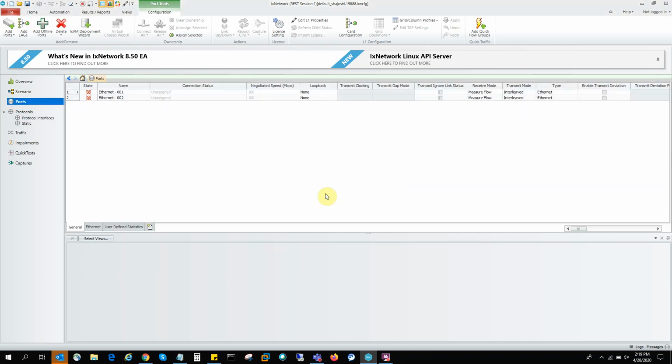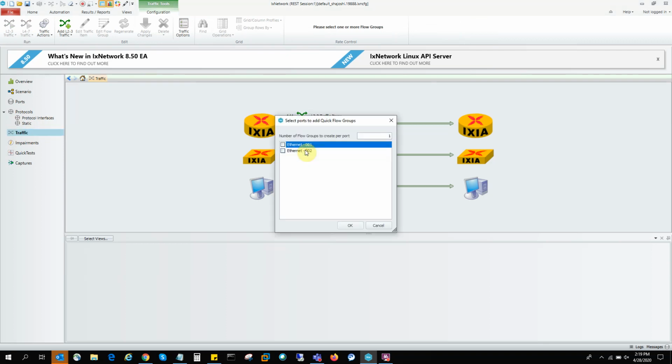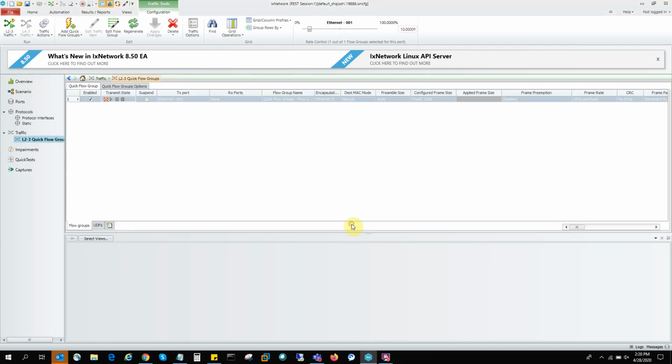And so here are 2 offline ports. Now let's go back to the traffic and then click here. This is the quick flow group. This allows you to craft the packet of your choice, and it also gives you a lot of granular control. So once we have our flow group created here, I will go ahead and click on the edit flow group,